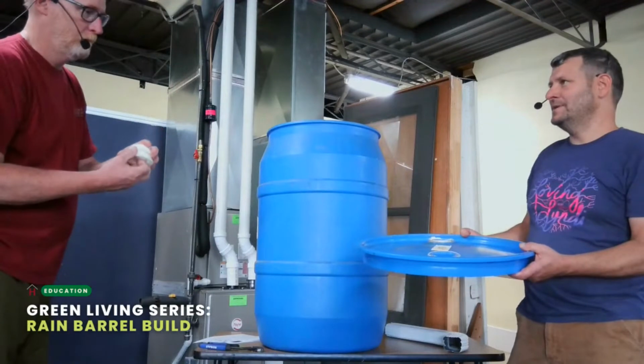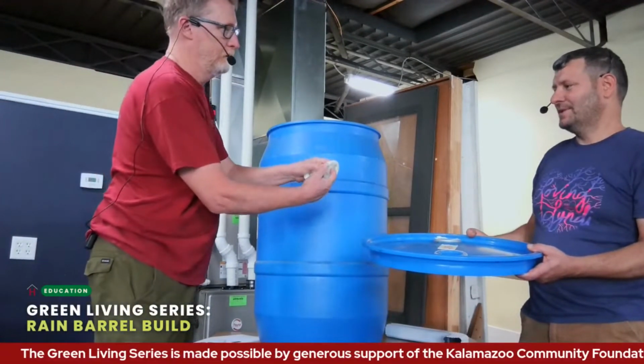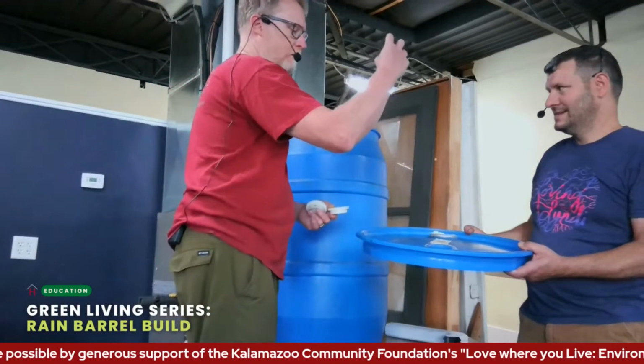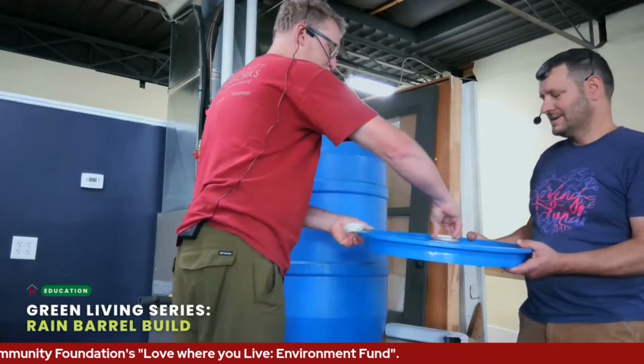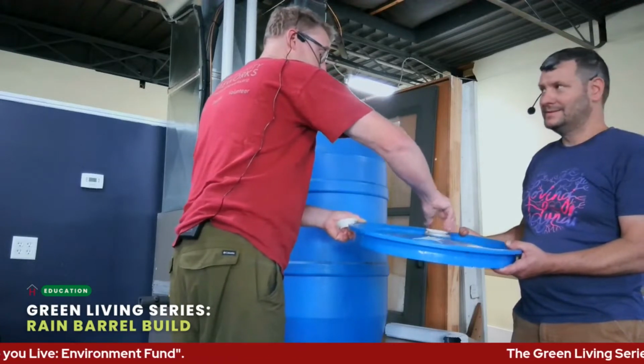Do we want both of them open for any reason? This one has a plug inside of a plug. I don't know. There's no reason you really want water to come out the top. You really are just using the top to collect the water. So I would just put one back in, if you're only going to use one. But if pressure builds up...